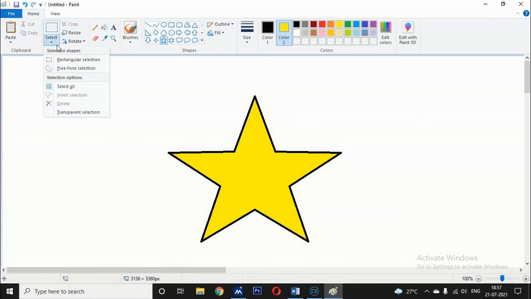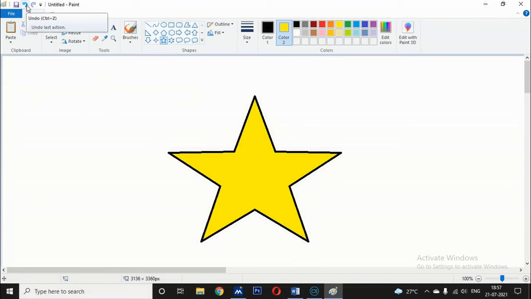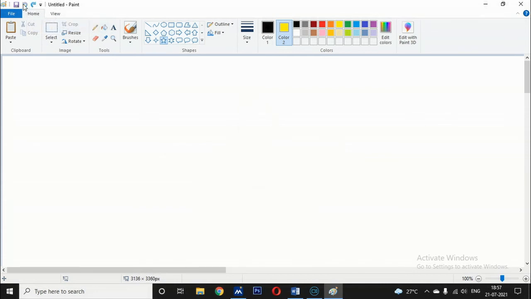So children, the undo command is used to reverse the last action performed. If you click this undo command, it reverses the last action performed. Just click it, and the last action will be erased.